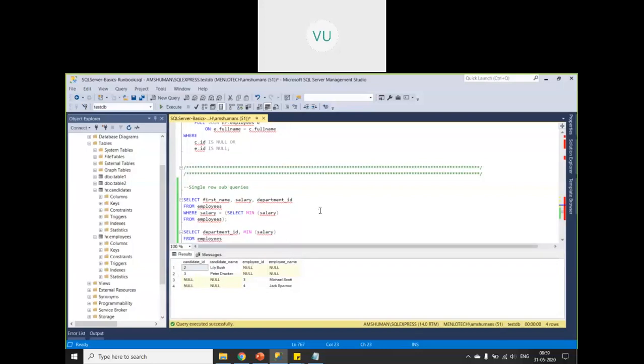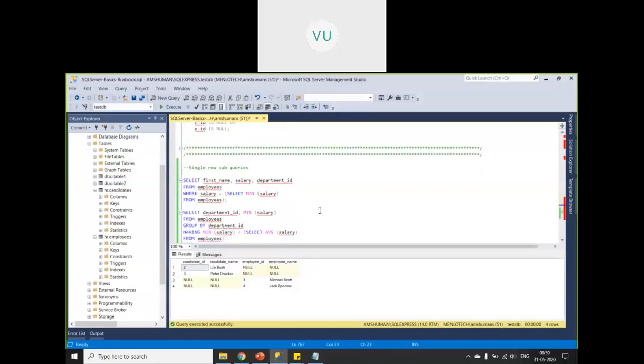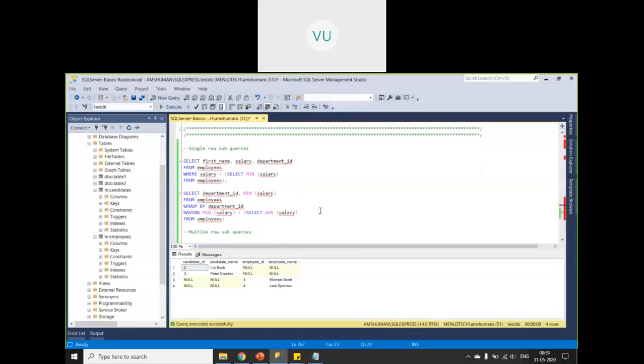What is a subquery? A query within a query, right? Sometimes you want to apply some condition based on the result from some other table or some other query. In those cases, subqueries are useful.